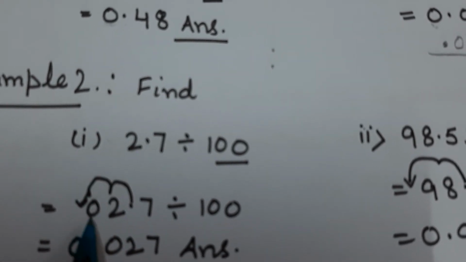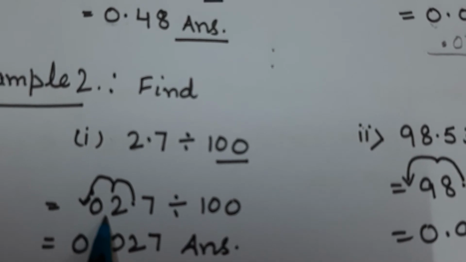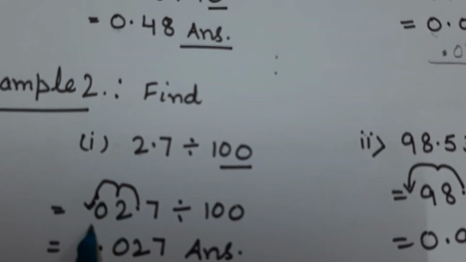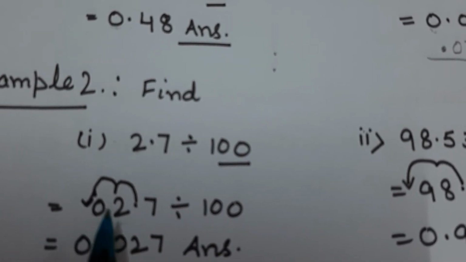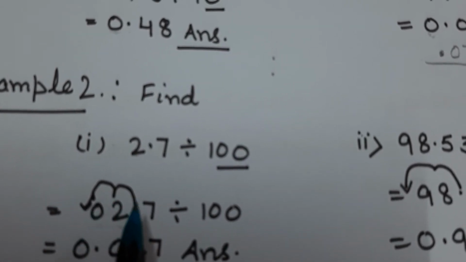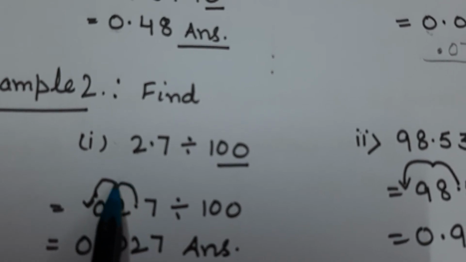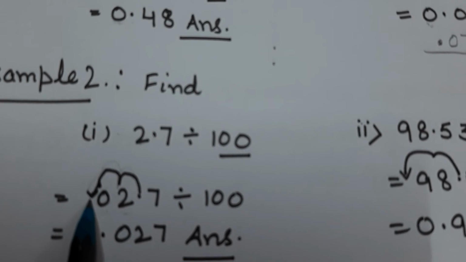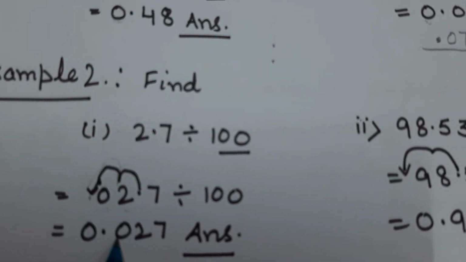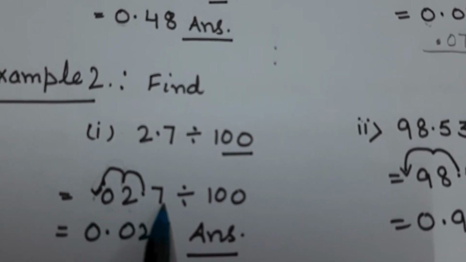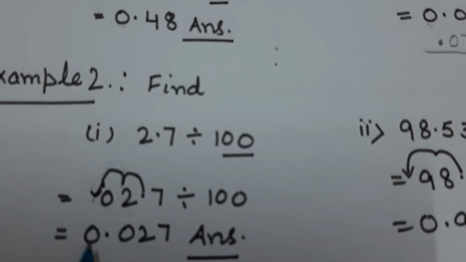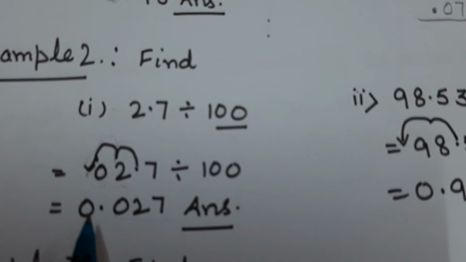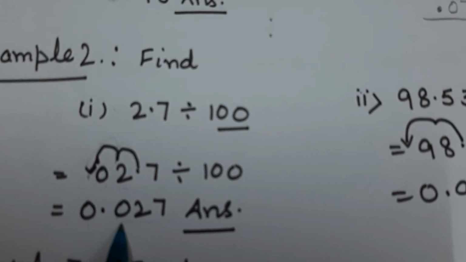So then we will put 0 from ourselves, because if we write 0 on this side in the whole part, its value will not change. So we can write 0 here. Okay, so this decimal will be shifted by 2 digits. So it will come here before 0. So before 0, it means 027 will be here, and before that for the whole part we will write 0. So the answer will be 0.027.